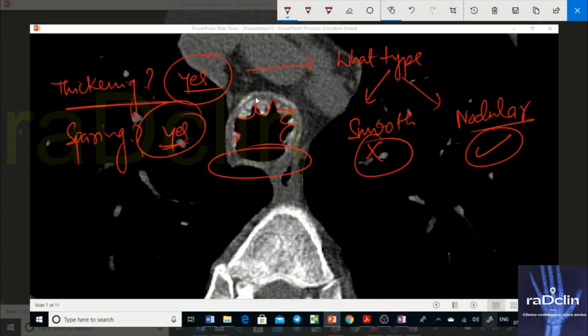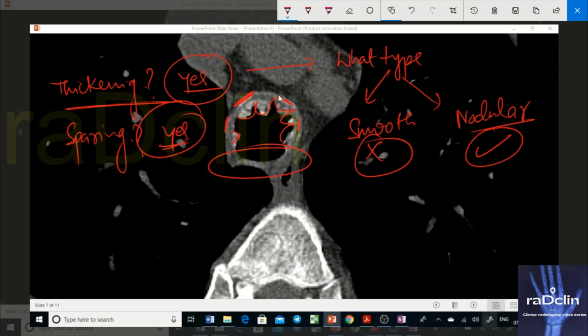Okay, now if you look closely, this is the cartilage that is calcified, and it is discontinuously calcified here. These are some sheets of cartilage that are calcified. Okay, and if you look closely, outside the cartilage would be the most exterior part. What is adventitia? Adventitia outside the cartilage is nothing but the fat, and you are seeing fat. This is the mediastinal fat that is surrounding the trachea.